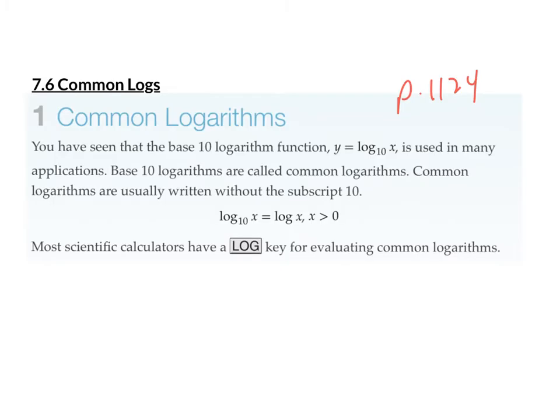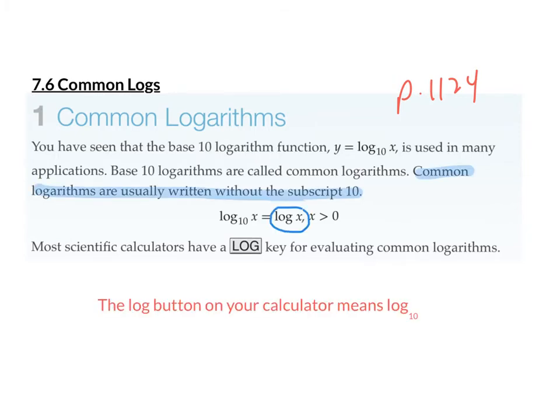7.6 is about common logs, common logarithms, and this screen is on page 1124 in your book, if you'd rather screenshot it. But the long story short is logarithms all have a base. The common log is just a logarithm of base 10. We just don't write it. So the log button on your calculator means log base 10, we just don't have to write the little